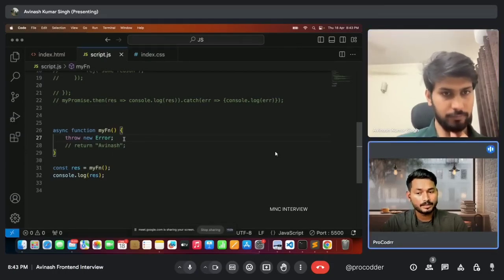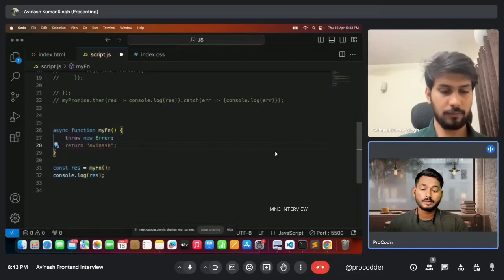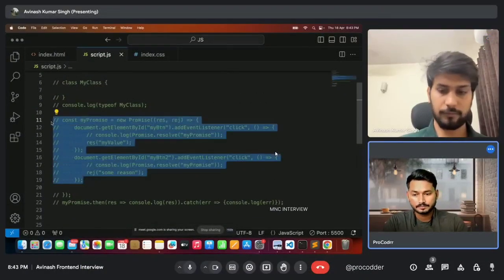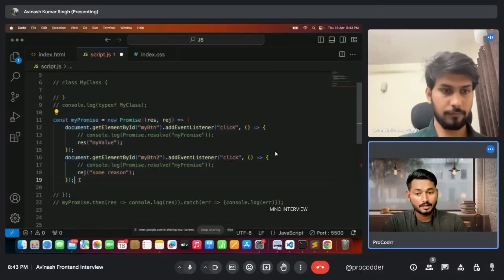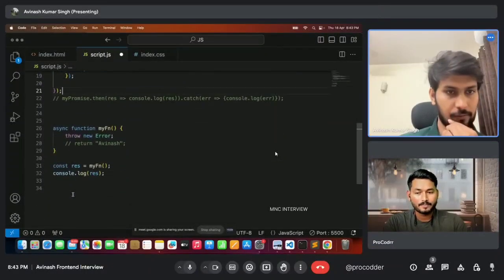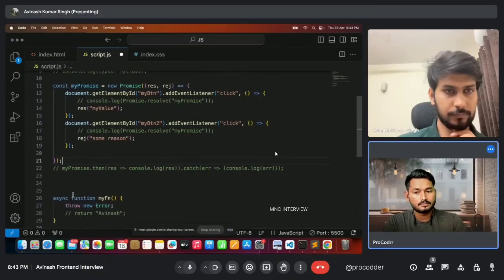So uncomment the code which you have written above, whichever promise we have created above. Yeah. Now I gave you an idea how we can make it pending. Yes. You can use that. Like use my promise.